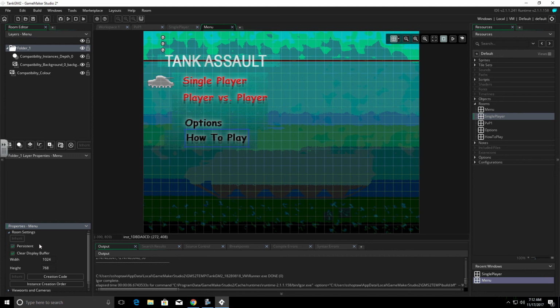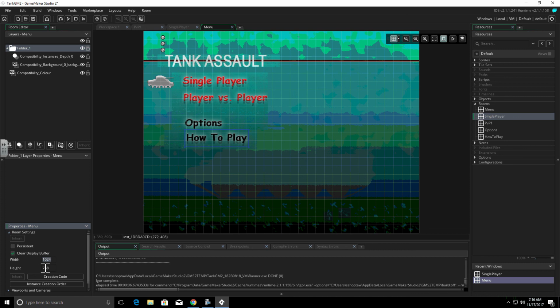If we click on persistent and make it a persistent room, then everything that we've changed in room 1 will stay changed. And when we come back to it, it will not be reset. The next checkbox there, clear display buffer. It sets the back buffer with a color. If you're using a background that takes up the entire screen, you can turn that off. However, there's some other issues with that. If you're not using automatic aspect ratio, it can get some things thrown off. So it's better just to keep that checked.